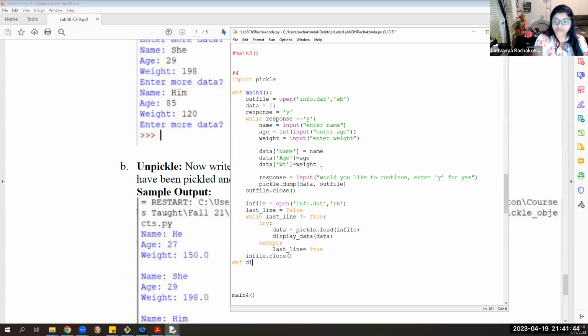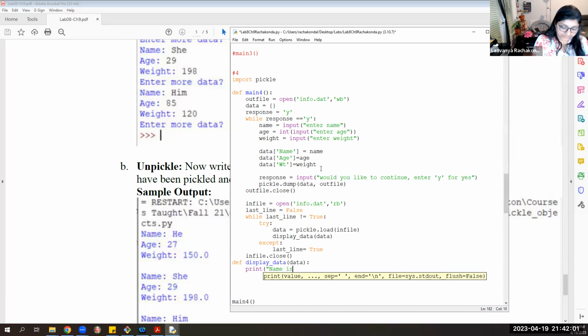Define the function. We can just print it there, but I just wanted to show you that we can always tweak and make changes to the program, and it's totally up to us. So now we can print name is, and instead of just printing the entire contents of our dictionary, we could use the first value associated with that key. That is second name. Next, age is